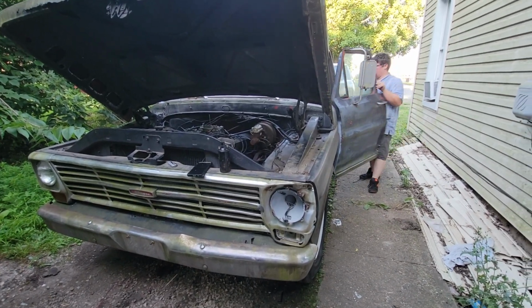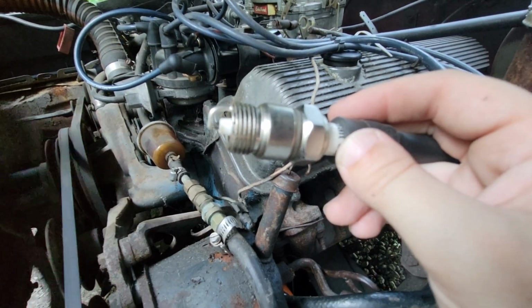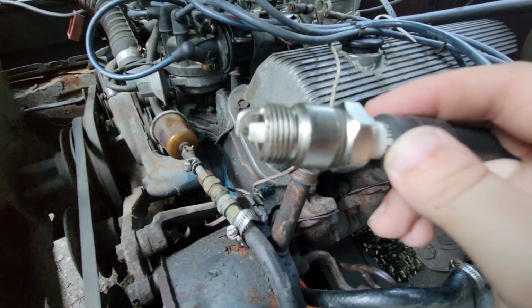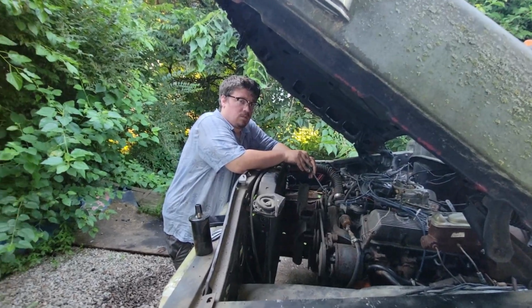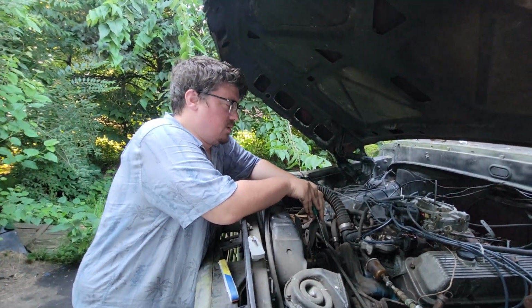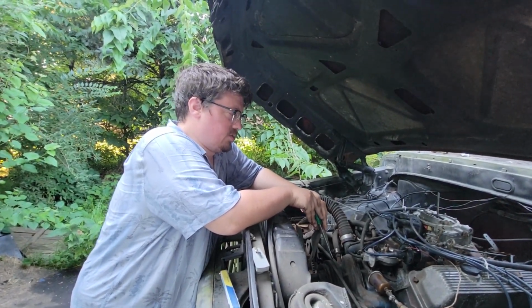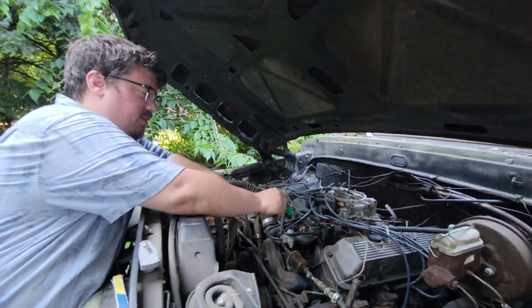Okay, we had spark at the coil. Recording. Nothing. Okay. All right. Well, now that we've tried to start this a couple of times, we got spark from the coil. Really strong spark. No spark here, and I think the reason why